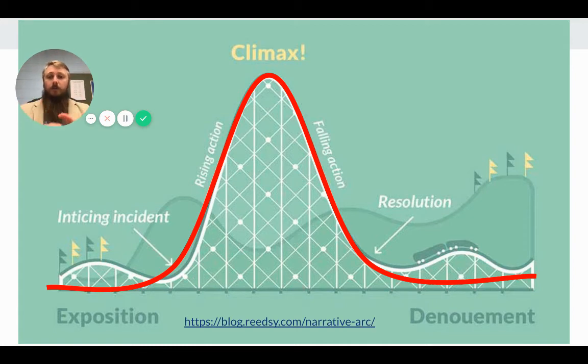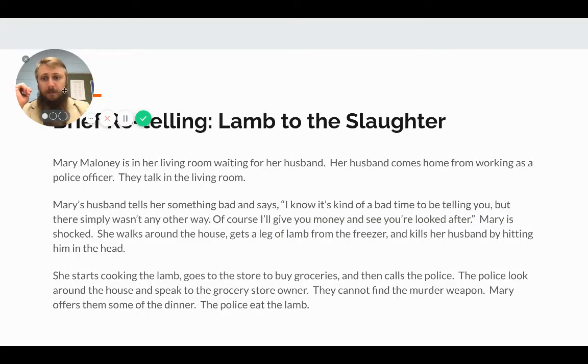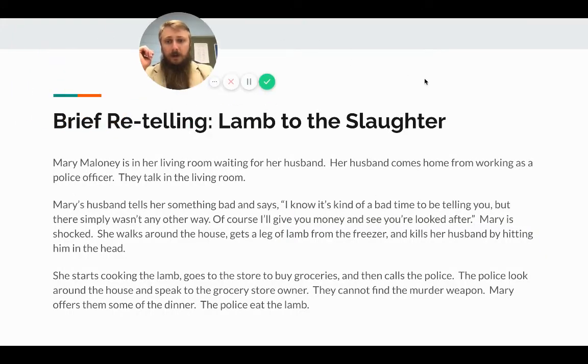Now, with all these words, what I'm going to do is I'm going to slow it down, break it up. Before we do that, let's take a look and just remember, before we start using these terms with our stories, let's remember what Lamb to the Slaughter was about. A brief retelling of Lamb to the Slaughter